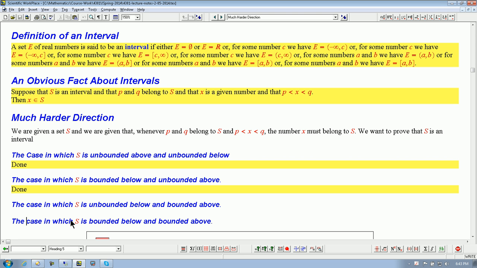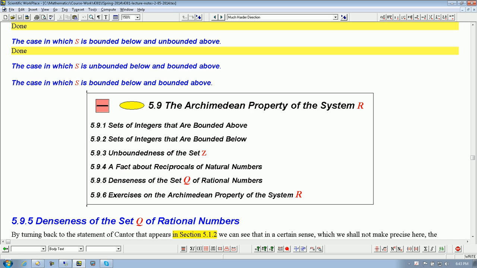So anyway, this is where we stand. I am assuming that S is bounded below and bounded above. And of course,